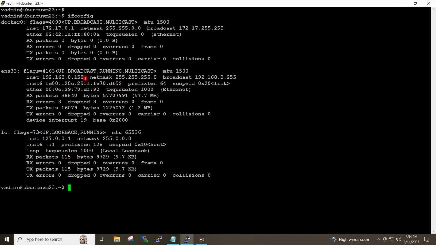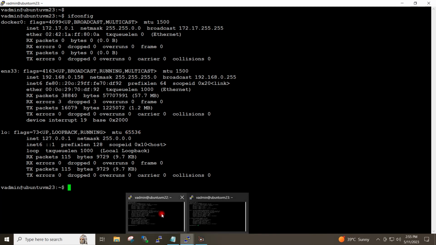and this is another server which is having the IP address 192.168.0.158, and I'm going to configure this server as the worker node, and both my servers have been installed on the VMware workstation locally. So first of all I will go to master node